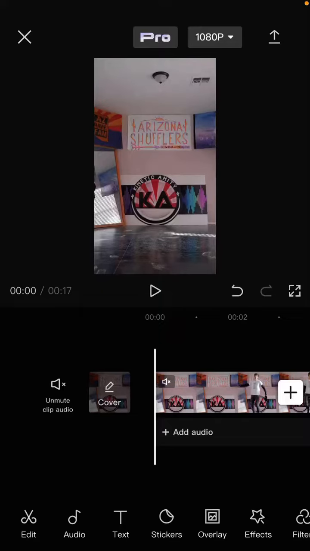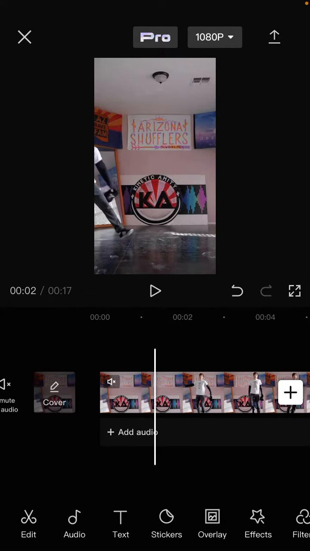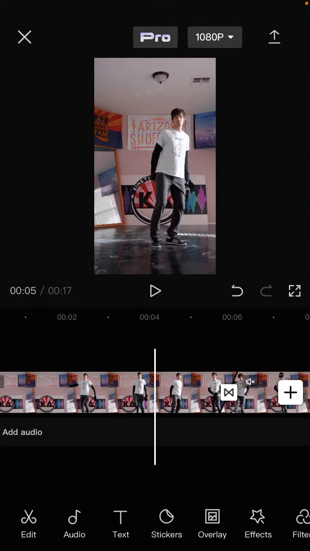Hello everyone, in this video I am going to show you how you can add or create a delay video effect in CapCut. So you can tap on your project, select the video you want to edit, and here I already have a project,